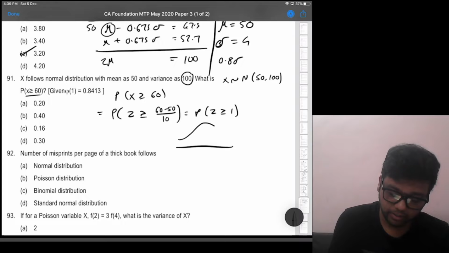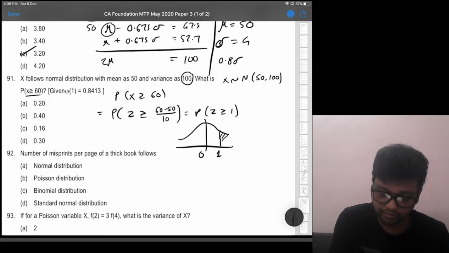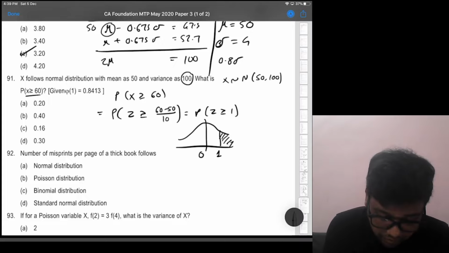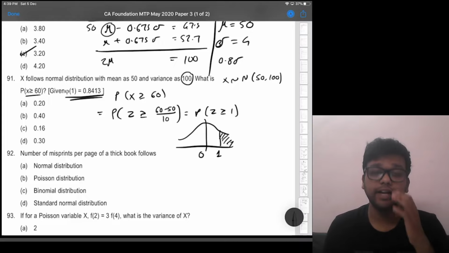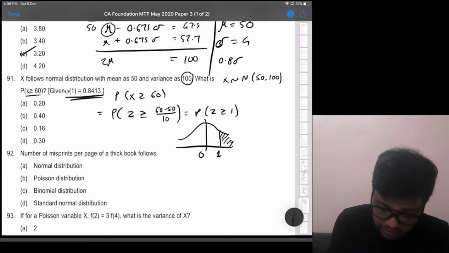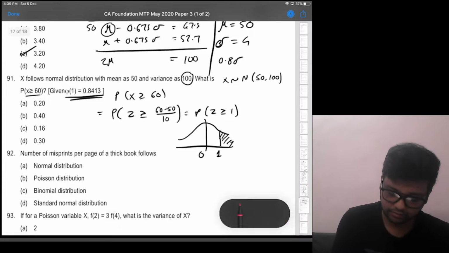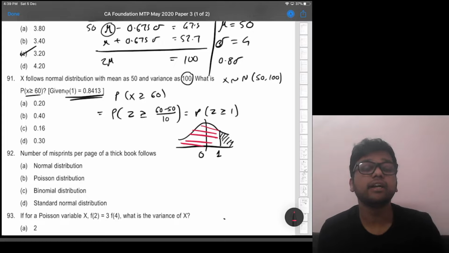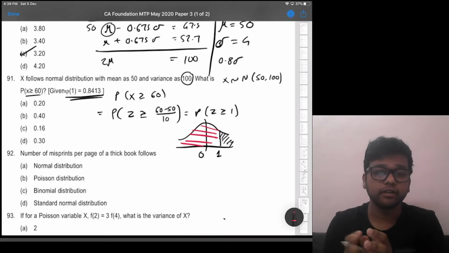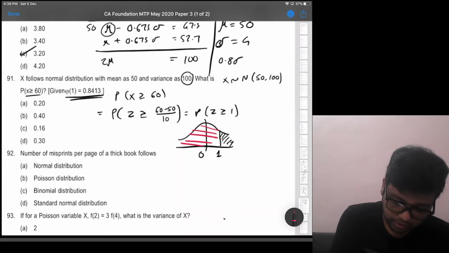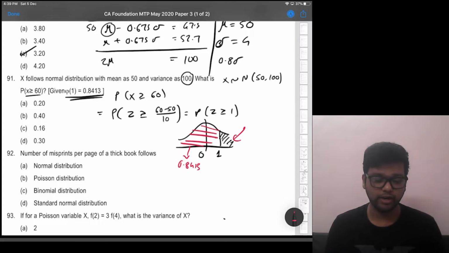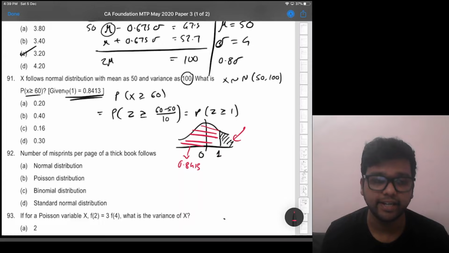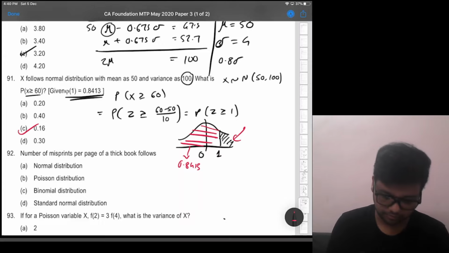So in a standard normal graph where this is 0, we want the probability of greater than 1, that means this area we want. They have given phi 1, that is the value from the Biometrica table or standard normal distribution table, as 0.8413, but understand that 0.8413 is this value, the one I am writing in red color, because that table is cumulative, right, from negative infinity up to that point. So this part that we want will be 1 minus 0.8413, which is 0.1587, option C, which is the closest answer.